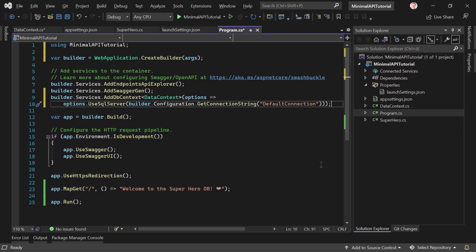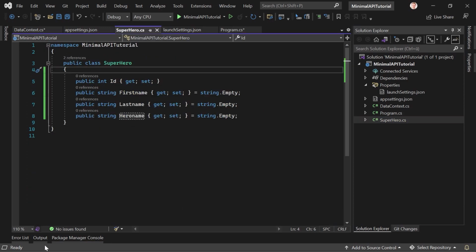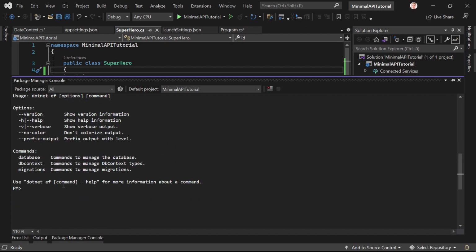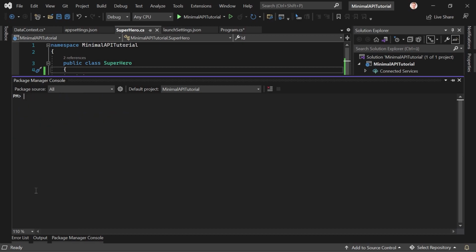And now we can already run our migration, meaning putting this superhero model to the database. And with that, you see it here still, there are the commands. These are the available commands for Entity Framework: Database, DbContext, and Migrations. We only need Migrations and Database. And let me show you how this works. So with dotnet ef